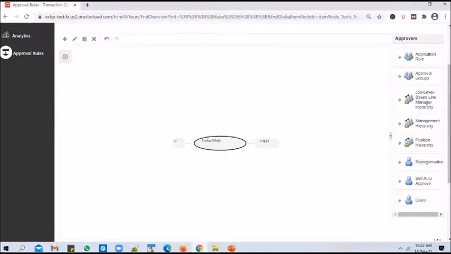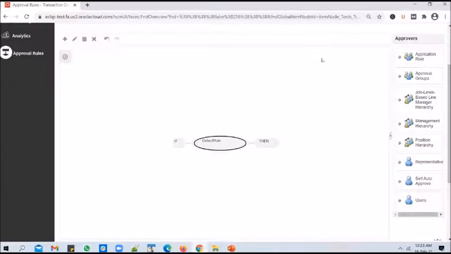I'm not sure how to configure representatives, but in some modules like payroll or core HR, you can configure representatives, and if you configure one, you can use them in approval flows. Apart from these three options, you can also use hierarchy. For example, when a user submits a request, it may need to go to his manager for approval, and after his manager approves it, to his manager's manager.